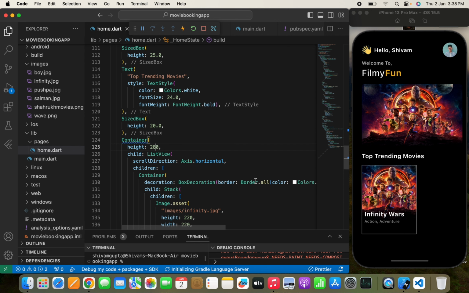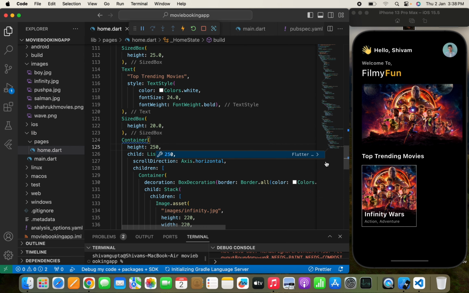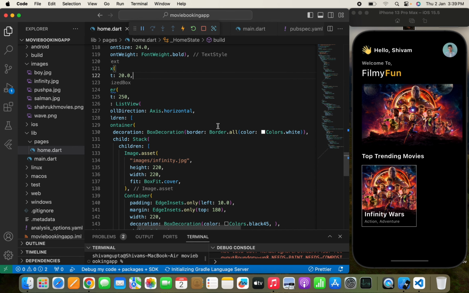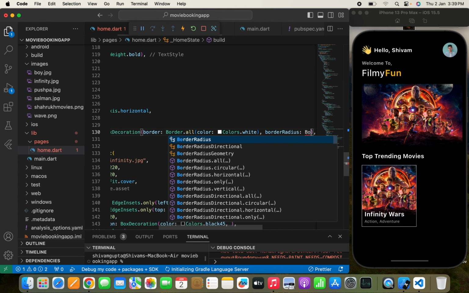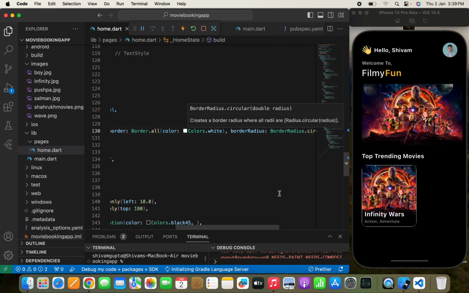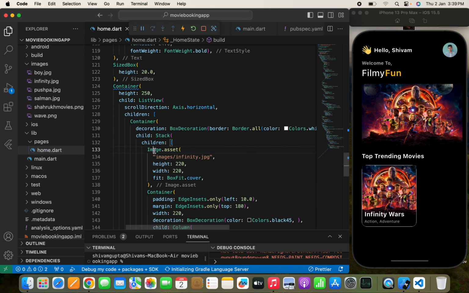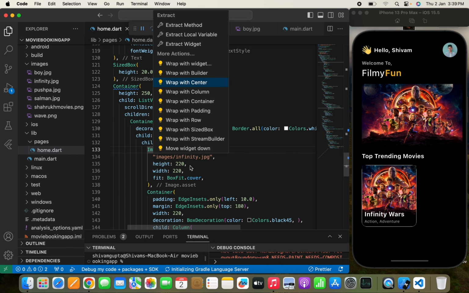If not, then we need to decrease it up to 250. Yeah, now we can simply provide a border radius. So for the border radius, I just need to write border radius dot circular, and let's pass 20, something like this. Yeah. Now the reason you know why it happened, because we need to also pass over here